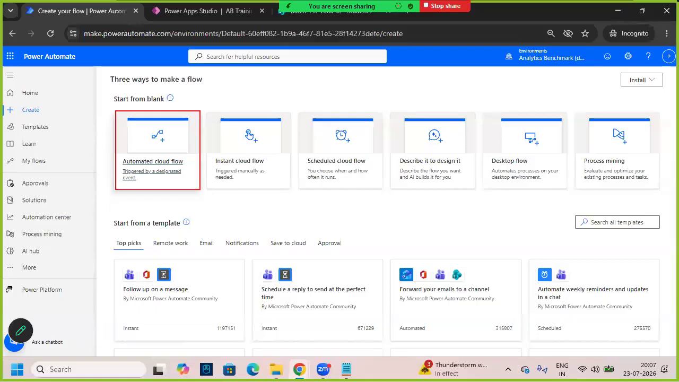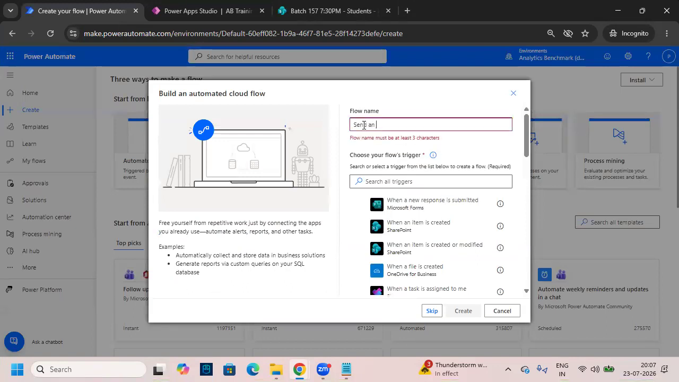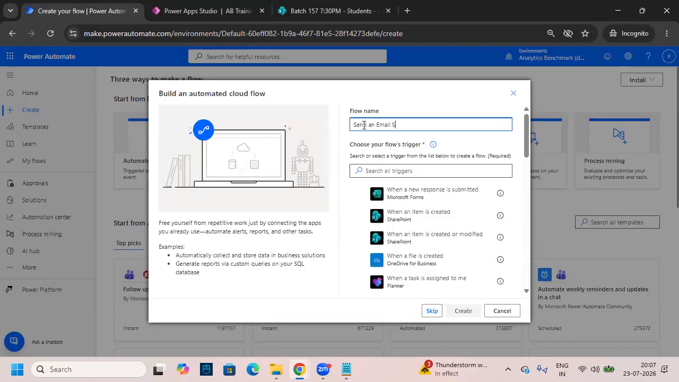Automated flow. Let me select this flow, guys. Automated flow. Let me select the flow, right? So when I select the flow, it is asking us to pass the flow name. Let me pass the flow name as, let me keep here, send an email to students